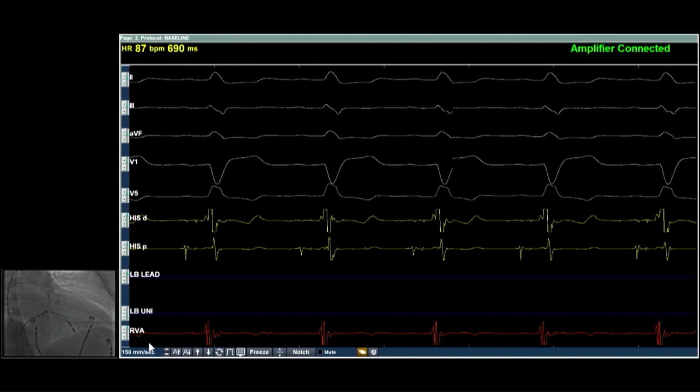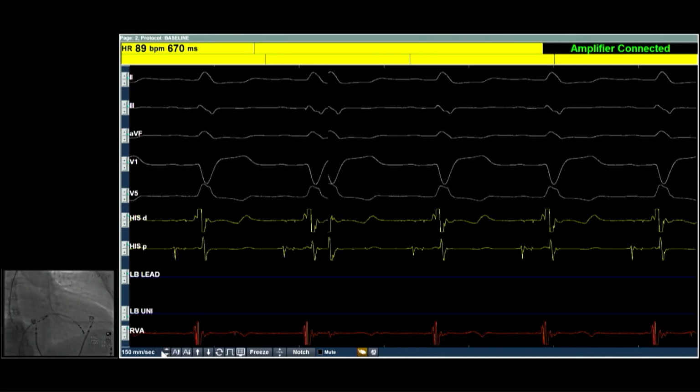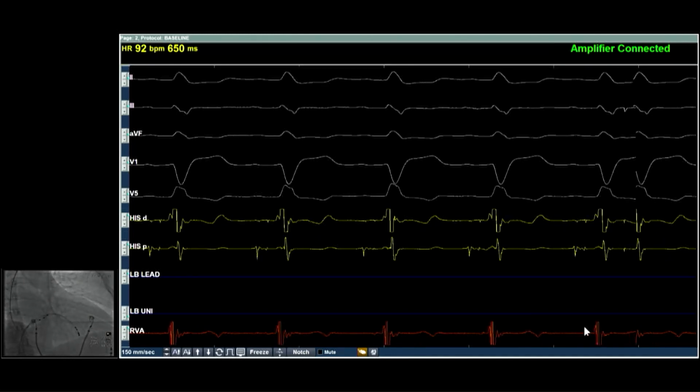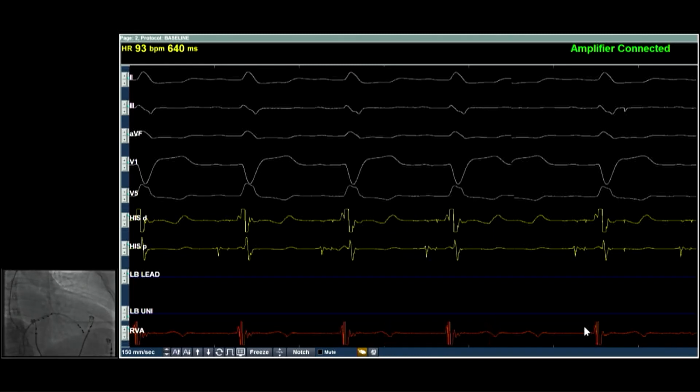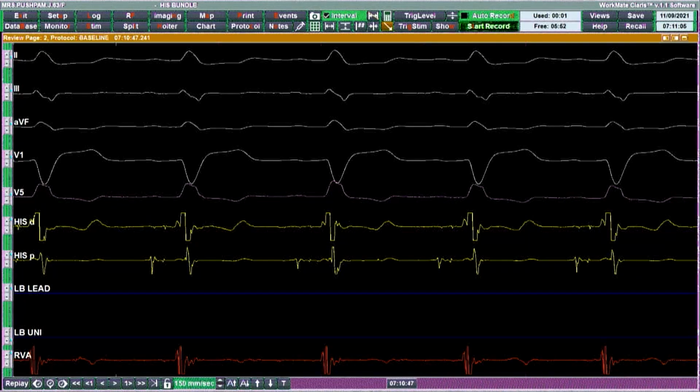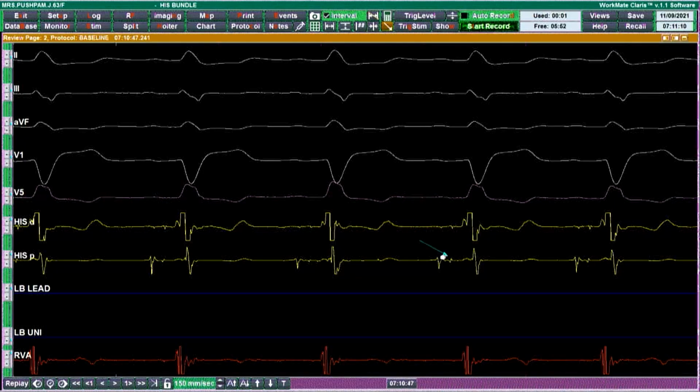So you can see here a very, very small H and a very, very tiny A and a predominant V. That means you have almost reached the distal extent of the His bundle. That's what I was talking about: getting a very tiny A, a good His and a strong ventricular electrogram. So probably this can be taken as a fluoroscopic landmark. I've saved this for future reference to implant the 3830 lead. You can also see here that the proximal HV is a little prolonged compared to the distal HV. There is some intra-Hisian disease, so there is a difference in HV between the proximal electrode and the distal electrode.